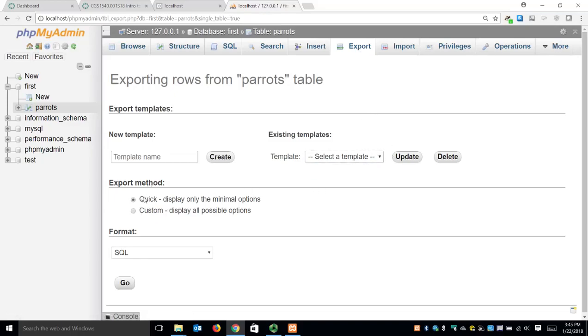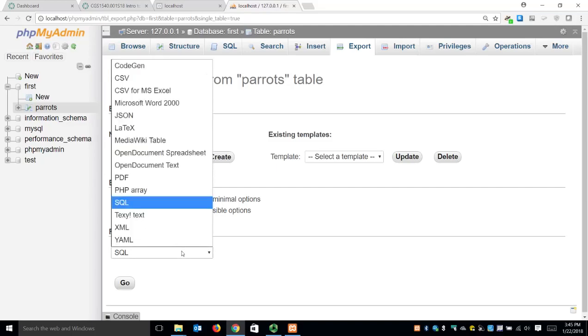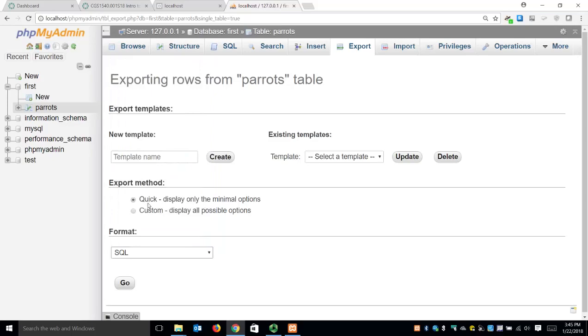You'll notice we have the option for quick versus custom, and then here's the format section. These are all the different formats that it will output your data in for you. So CodeGen, CSV, Microsoft Word, JSON, LaTeX, etc. Since this class predominantly is about SQL, we'll do an output to SQL. So if I click that, click go,